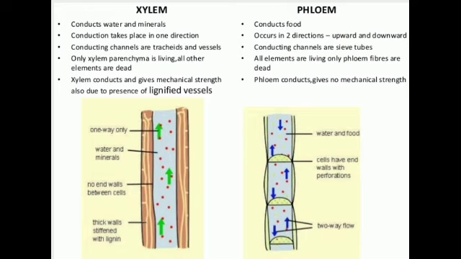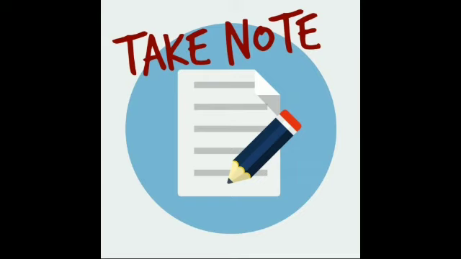Phloem is mainly present in the organs and growing parts of the body, means it conducts the food from that part to the different parts, and that process of transportation of food from leaves to different parts, especially growing parts of the plant, is known as translocation. Clear? Thus, you can easily compare the different cells of xylem and phloem. Second, comparison of simple and complex tissues can be done easily, and plant tissue and animal tissue.